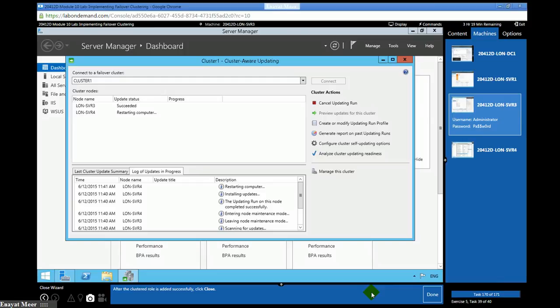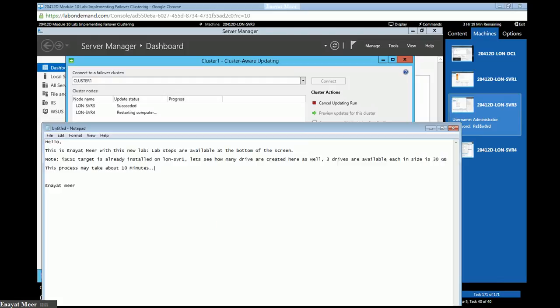On the other end you see that SVR4 is being restarted. So all steps are completed successfully, and you have seen how this process worked. I'm happy that everything was done completely, but if you still need some more info, just pause and watch one more time.